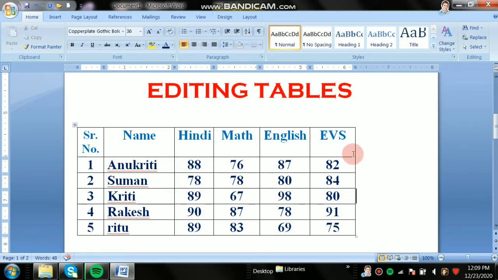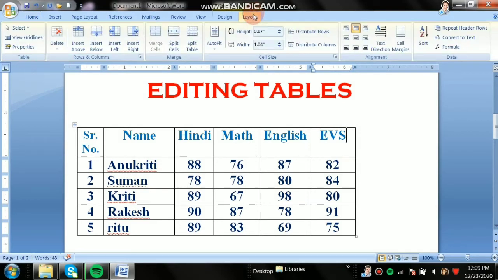And I also want to add one more column for computer marks. So I will click on the last column, because after that I want another column. I will go to Layout. Here under the Rows and Columns group you will find various options, and click on Insert Right.